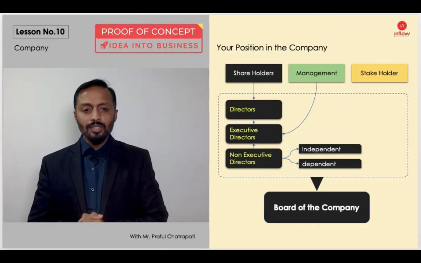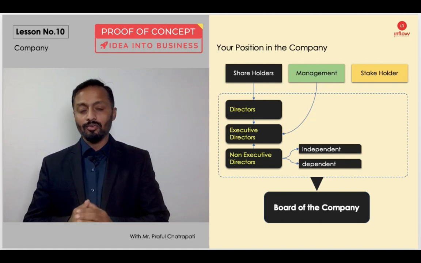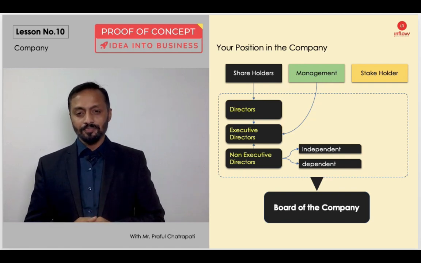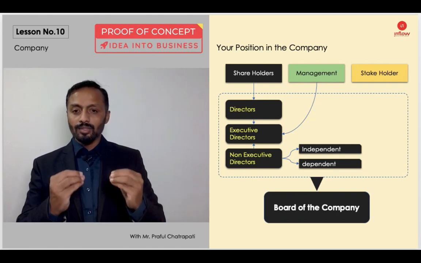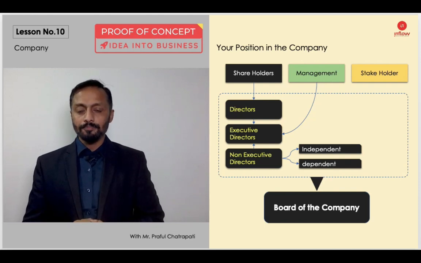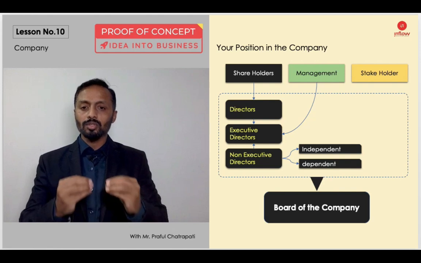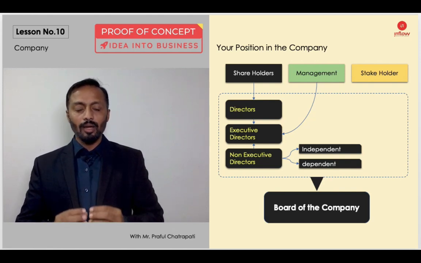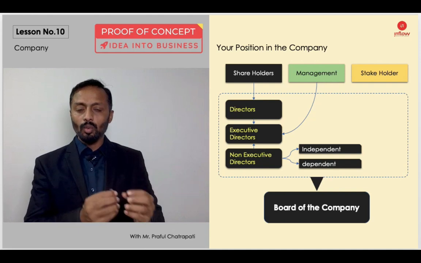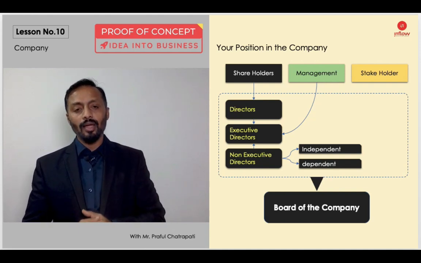Second important stage, you need to know that the board of your company is the highest authority of your company. The second important thing is your position in your company. You know that the board is the highest authority of your company. You have multiple roles to play here. One, you are a shareholder of your company. Being a promoter, because you are the highest stakeholder of the company, you have a responsibility to ensure that everything is running and functioning well. You have all the right to keep an eye on and check every action.